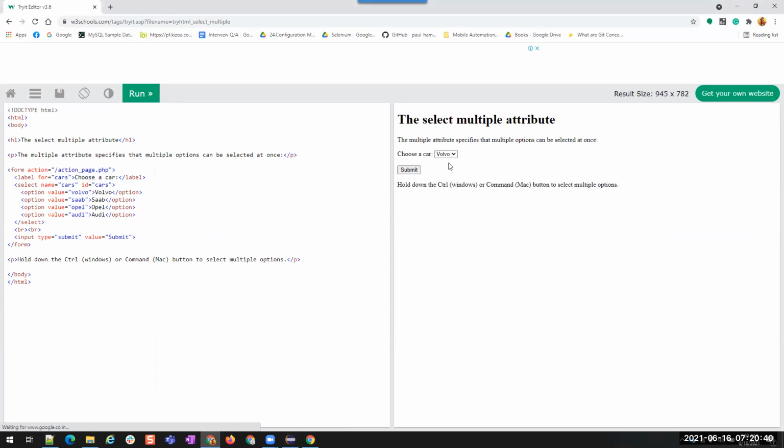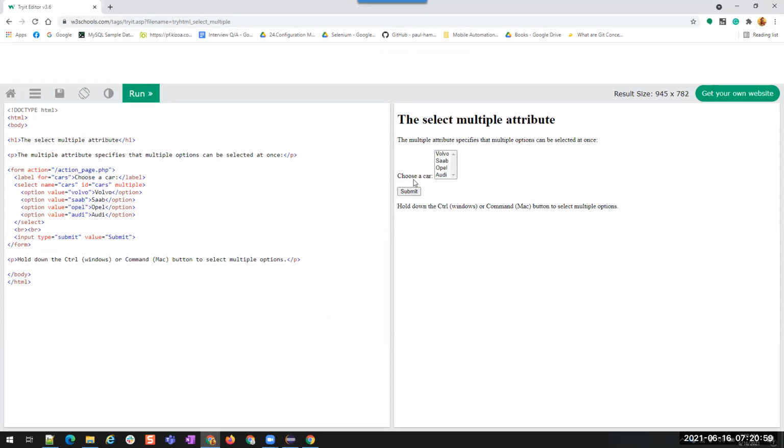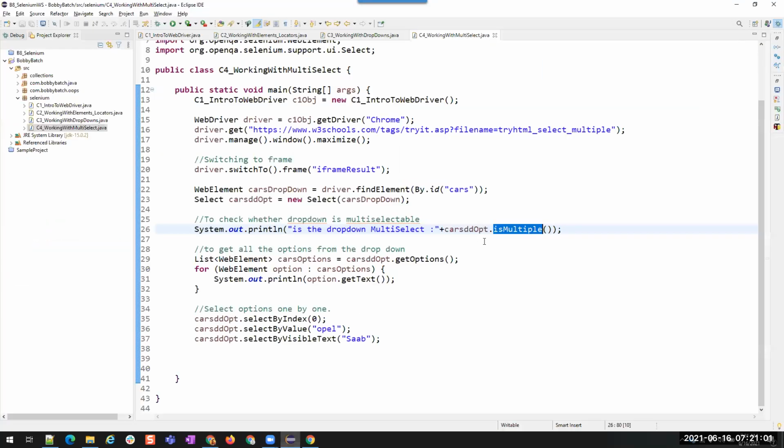You see? In these cases, I won't be able to select multiple values. I will be able to select only one. So in such cases, is multiple will return false. But if we have multiple here, the drop down will become multi-select drop down. And when you use is multiple, it will return true.